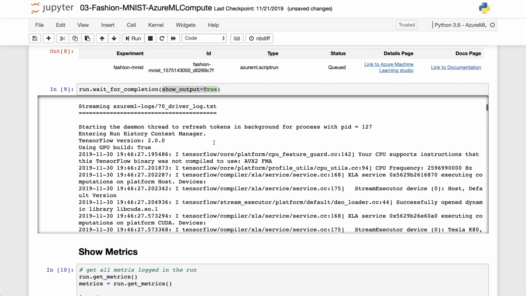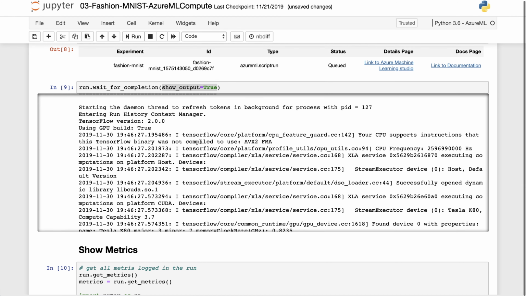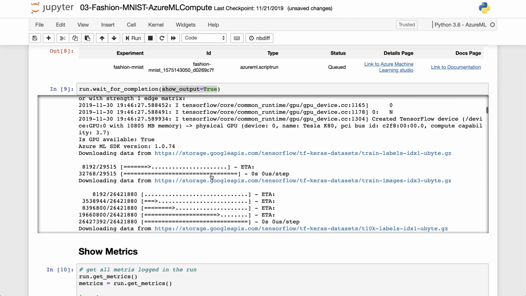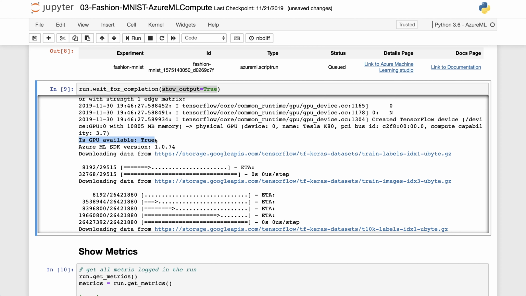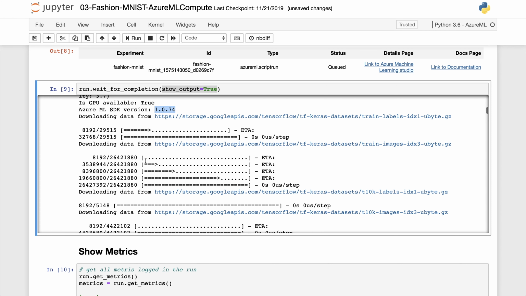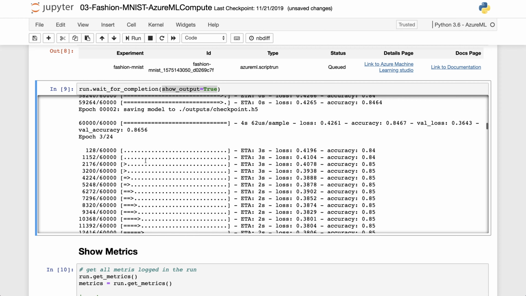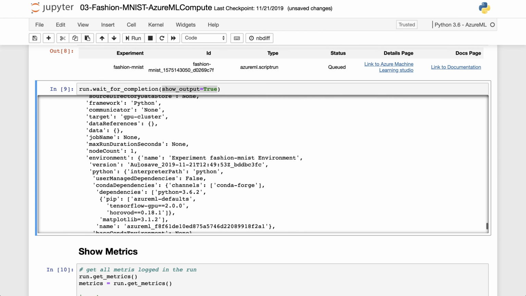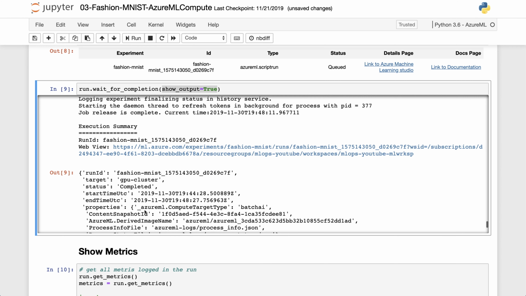So as you can see in here, this is already the run on my GPU cluster. So it's specifying that it's a TensorFlow script, that there is a physical GPU available. So that's my NVIDIA Tesla K80. It says it's GPU enabled true. That's the ML SDK which I'm using, and this is more or less the whole training process. So downloading the files, specifying the schema, starting the training, running the training. Here we go. So it's exporting the models to the output folder, finishing up everything,